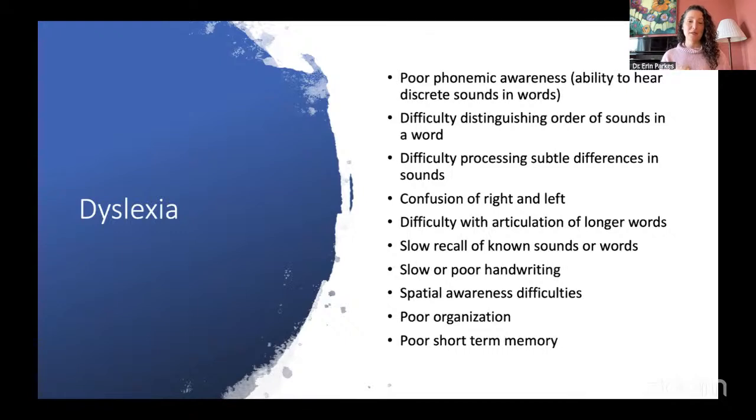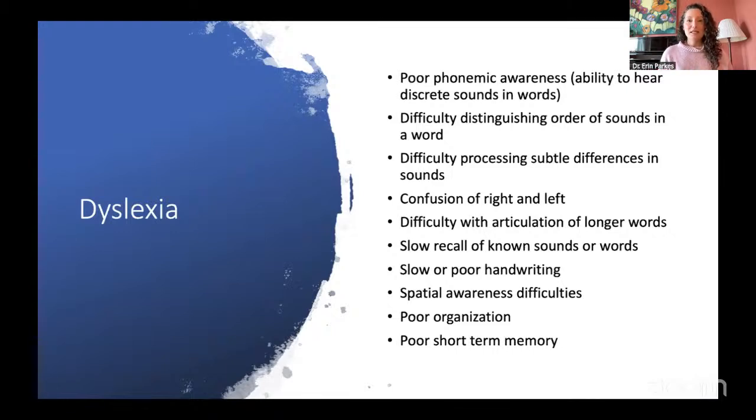And those two pieces, the poor organization and poor short-term memory, really kind of go into a broader category of challenges in executive function. And if you've seen my previous presentations, we talk a lot about executive function. So I'm not going to go into it a lot here, but it's things like organization, memory, task initiation, self-monitoring. So listening to what you're doing and being able to assess if you're doing what you want to be doing, which is important in music learning, right? Did we play the way that we're trying to play? And if we didn't, how did we correct it?